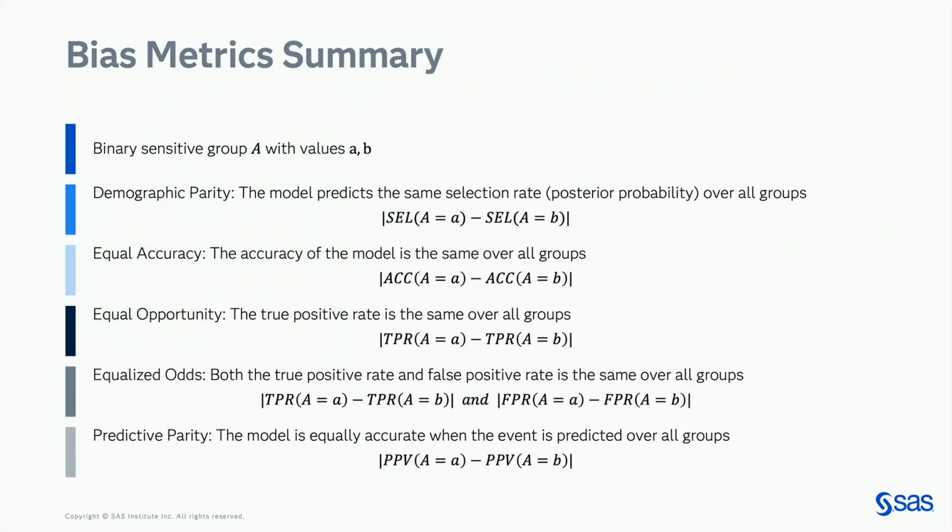So we support assessment and mitigation on 5 different metrics. I've put the definitions here. We've got true positive rate, we have false positive rate, we've got overall accuracy on your model. Depending on what scenario you have is going to depend on what metric you want to look at, because again, you can't optimize over multiple metrics at the same time. And whether it's your legal, your ethical, or your business requirements, those are going to be the ones that tell you where you want to look to optimize.